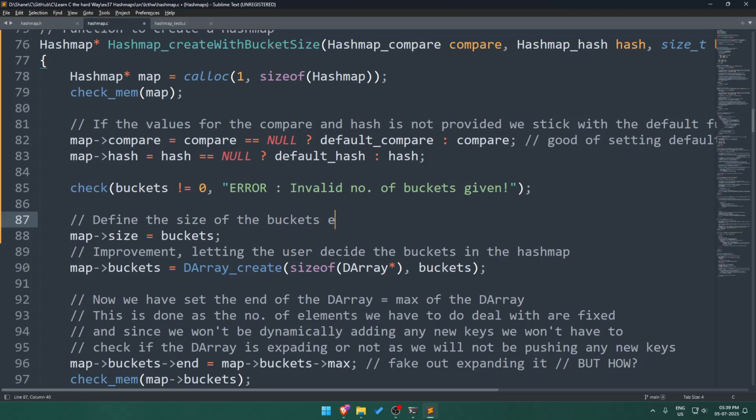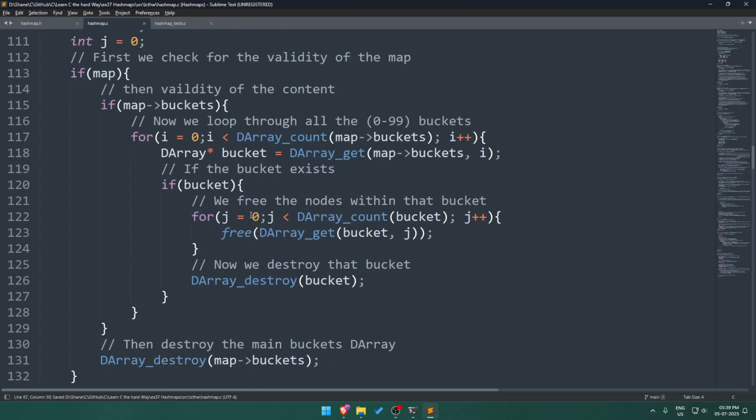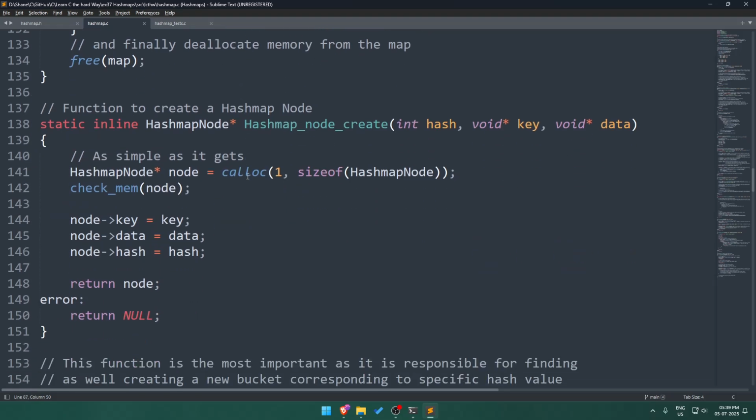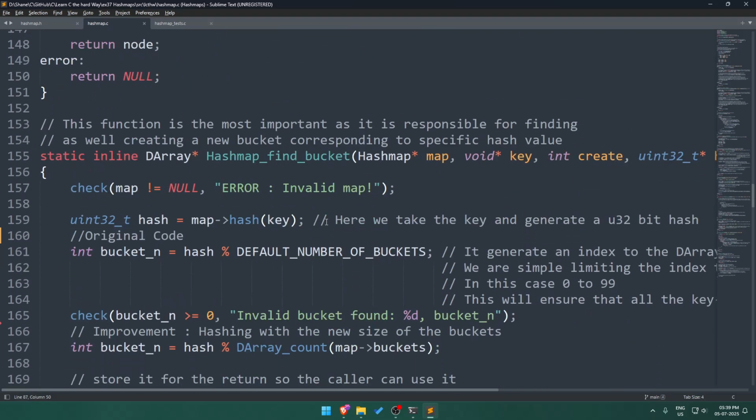Define the size of the buckets explicitly. Okay, then I can change size here. Dear count, I don't need to use dear count, I can simply use map size. Okay, so I can original code, yeah, I think no this is right, but I need to